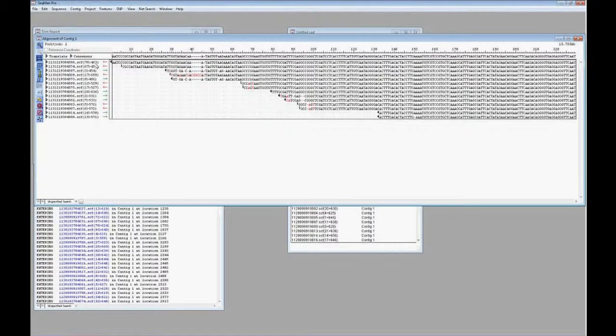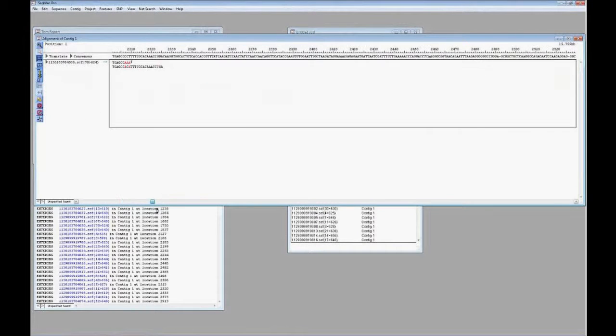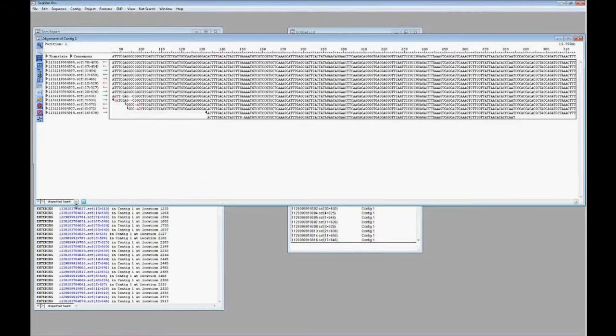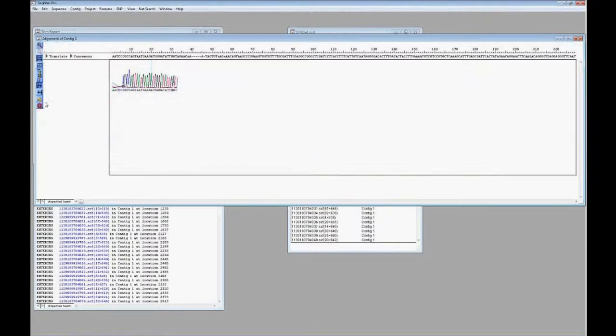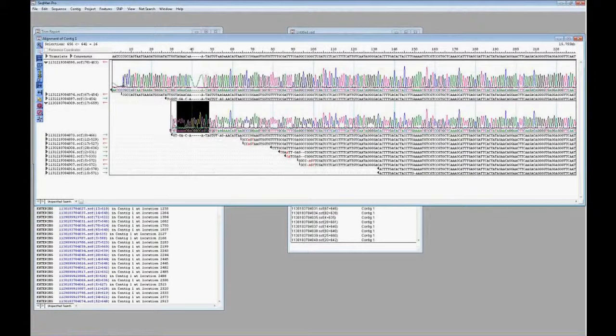And so here you can see each of the reads in the alignment. You can scroll along to see the results. Each read can also be expanded, again, to show the trace data. And like with the trimming, we have full editing capability here. So for example, this read, which is causing a gap, we can expand that to look in more detail. And if we feel that is a true, high quality sequence that's causing that, we could look to